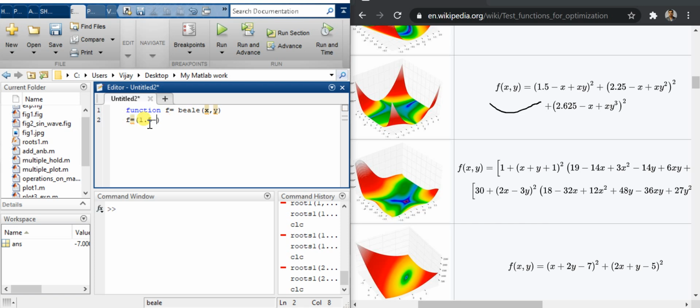So function f is equal to 1.5 minus x plus x into y, to the power of 2, complete power 2, plus 2.25 minus x. Here you take the bracket first, and plus x into y into y, close the bracket, to the whole power 2,